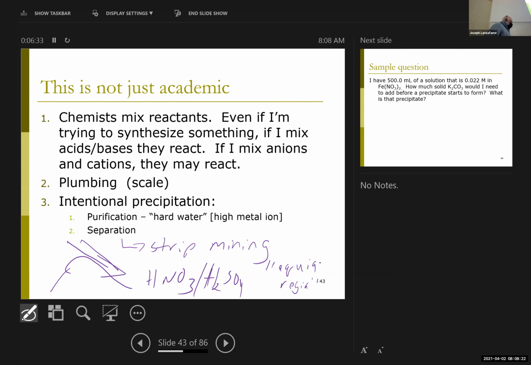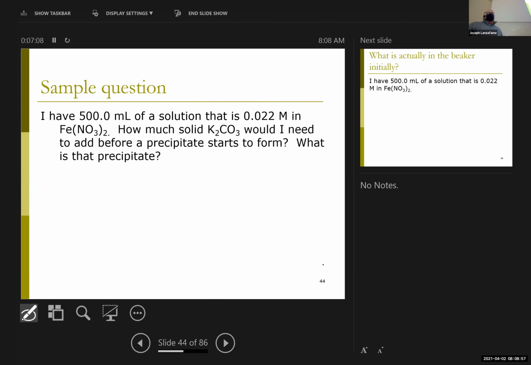And those oxidizing acids dissolve virtually all metals. And so down at the bottom of the mountain, you get this pool of acidic metal solution that you could then precipitate the gold or the silver or whatever material you want out of it. And so this means of separation or purification is a legitimate application of my KSP, but again, in reverse precipitation